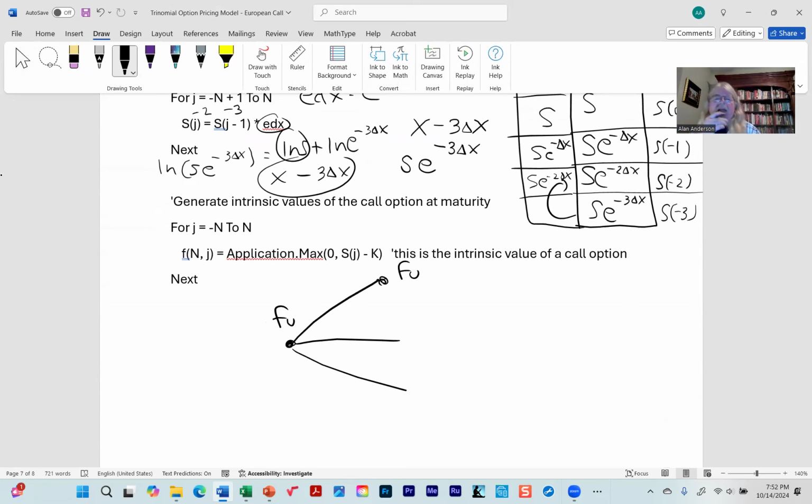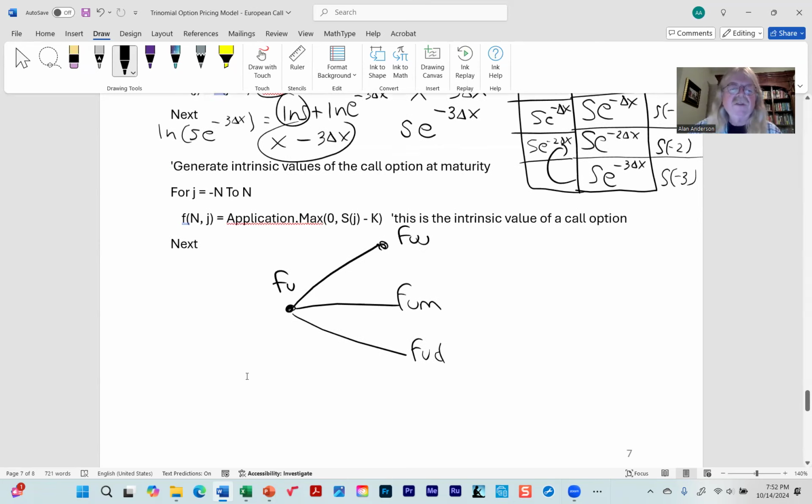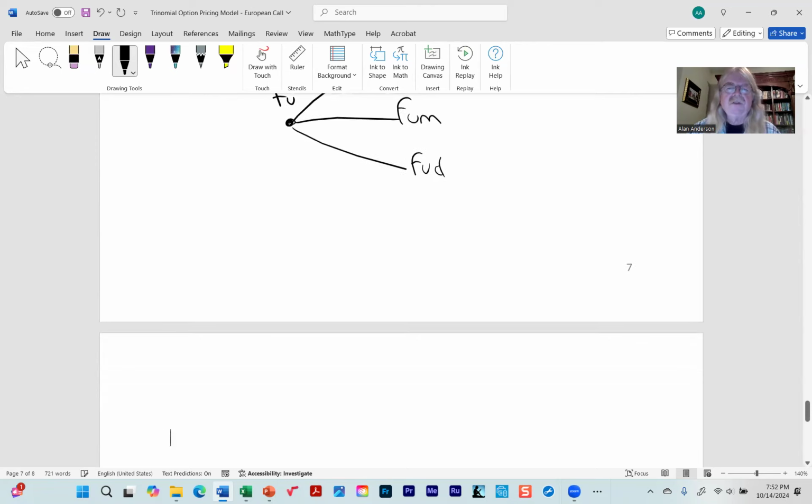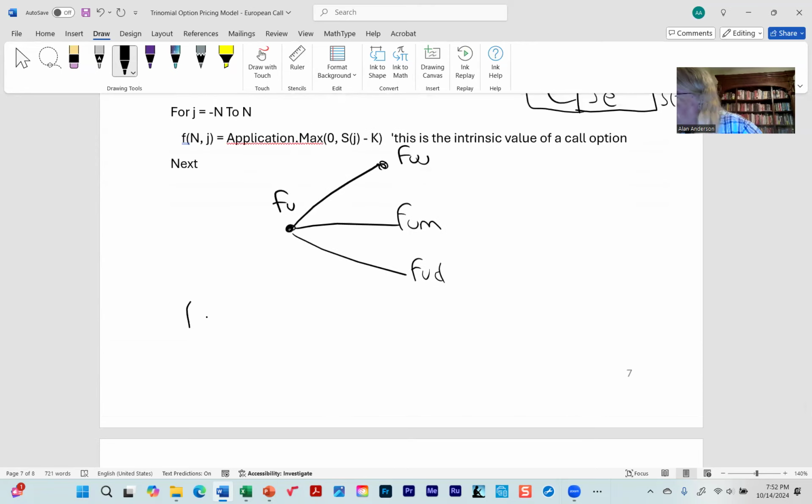Oh, you know what that reminds me? We can't continue to use the same notation here because we've got three possibilities. So let's think of this as UM, UM, and UD. And so what's going to happen is just like every time we've done this in the past, this is a European option. This would be equal to,